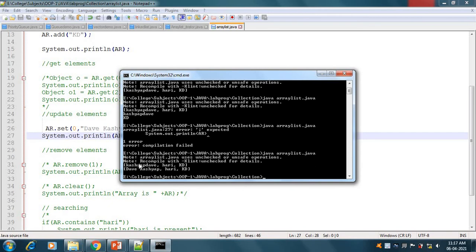Here you can see first, by this println statement, I have printed Kashyap Dave, Hari, and KD. After the update it prints Dave Kashyap, Hari, and KD.